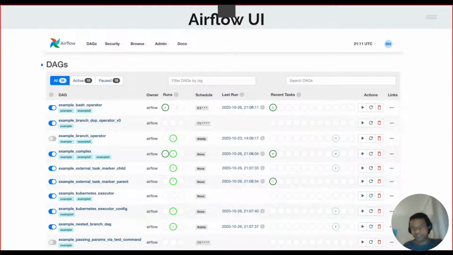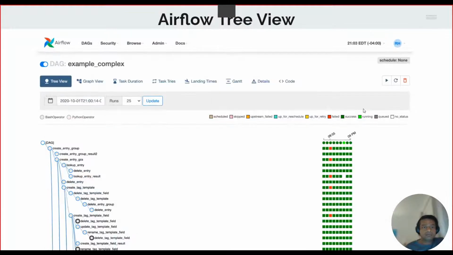At the end of the day, let's just take a look at the interface. So imagine you have specific DAGs that you have created for a mass data migration, or an offset migration, or a schema migration. All of those things, you could schedule them, and you could turn them on and off. You could hit replay. You could play it right now. And you could see in the big complex tree of tasks that need to be finished, which ones were successful, which ones failed, which ones are up for rescheduled, which ones are up for a retry. And